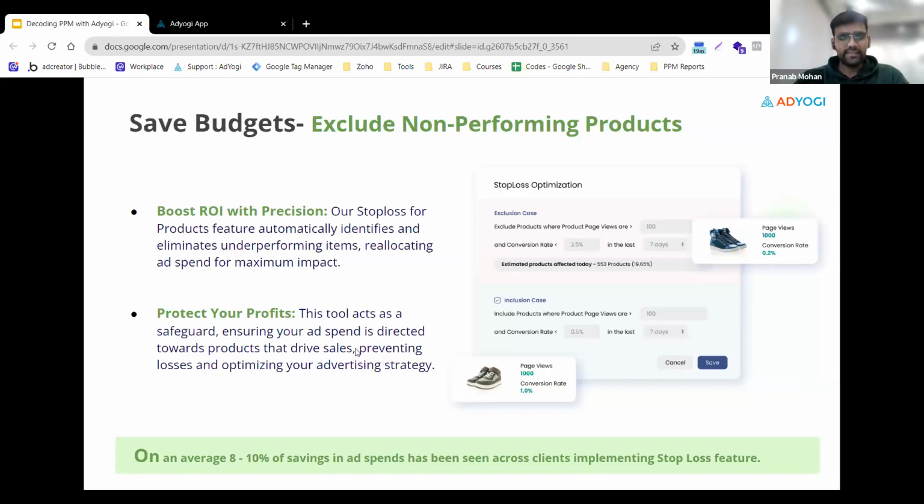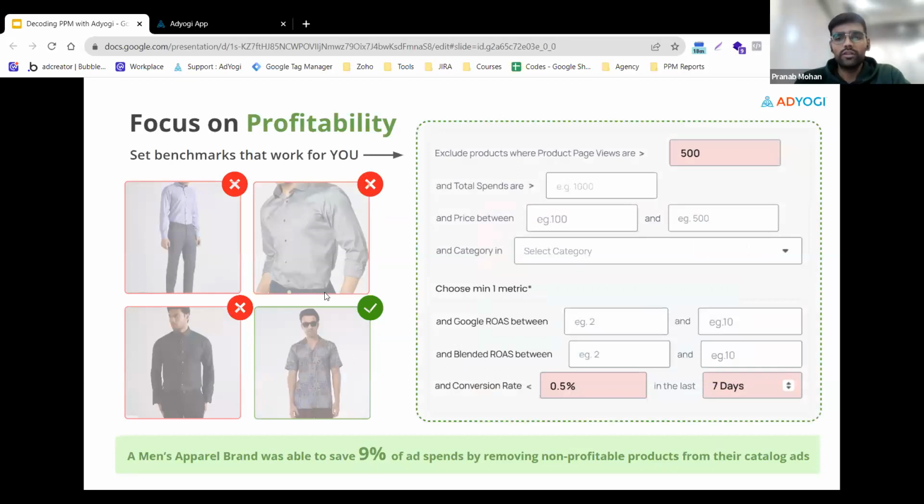Now, by just saving, or let's say not running these non-performing products in any of the catalog tags, you have the option to save 8 to 10% of your ad spends that is currently going into all of these non-performing categories. The second thing that you can do is also focus on the profitability of your products, which essentially